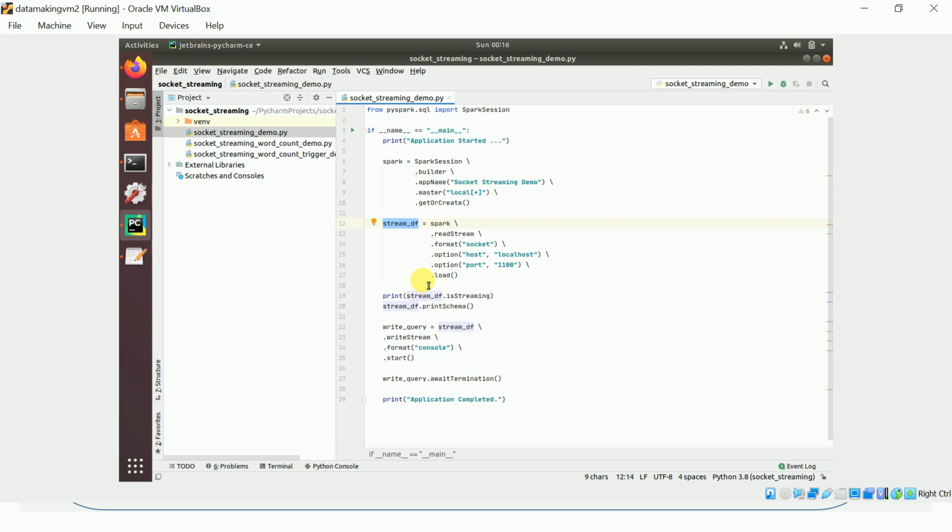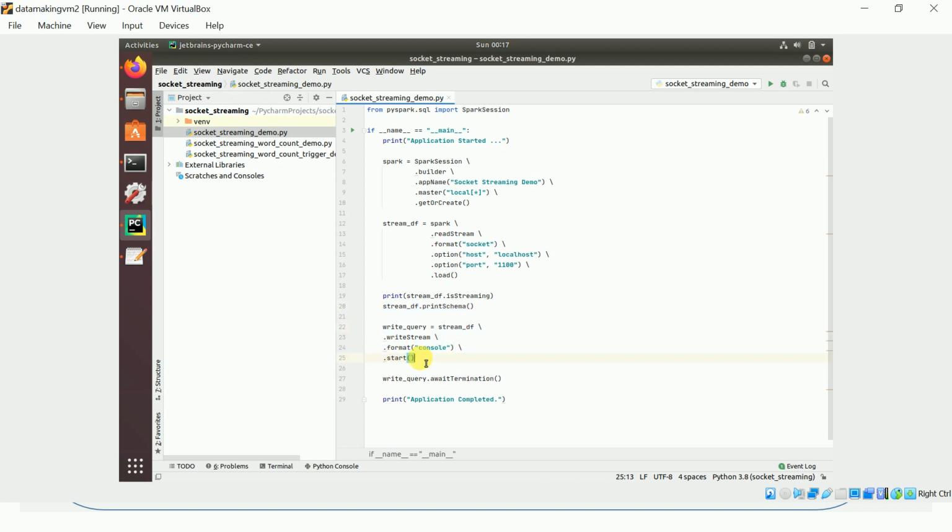I'm printing whether the data frame is a streaming data frame or not, and we can print the schema of the streaming data frame. In this example, I'm not going to do any transformation or aggregation. We are just going to print on the console sink.